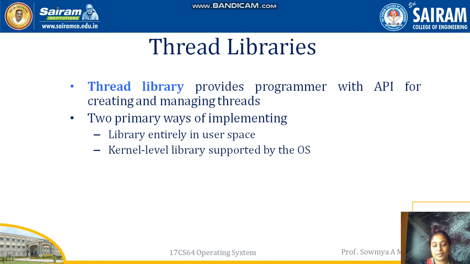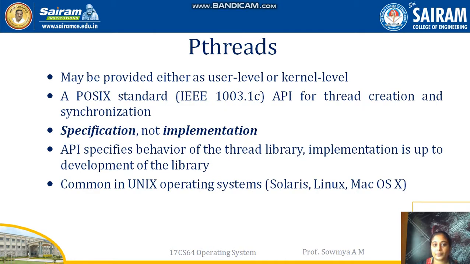There are two types of implementation of multi-threads. One is from user space, where we can use the system library and create the user multi-thread. The second one is the kernel-level library, where the operating system is responsible for creation and management of multi-threading. pthreads is a system library in the POSIX standard, which is the IEEE standard 1003.1c, and this is used to create and manage threads under all Unix-platform operating systems, like Solaris, Linux and Mac OS.